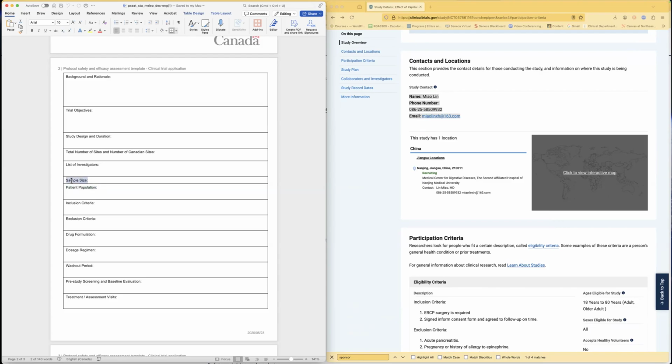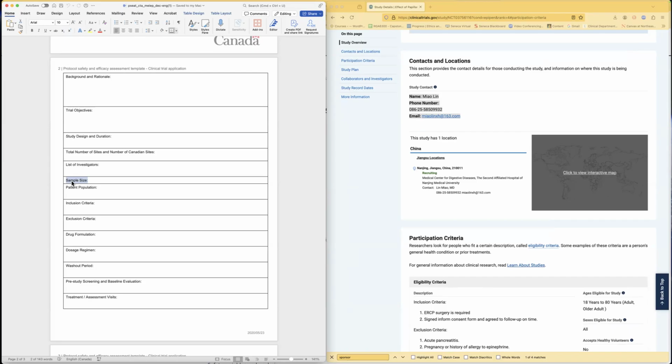But the sample size is the number of participants that we choose, so that the number is going to be statistically significant when we do our quantitative statistical analysis. So we may have 3 million Canadians having diabetes in Canada, but when we test our product, we just need to have 300 patients. So the sample size of 300 patients in order to test a product and, of course, to have the statistical